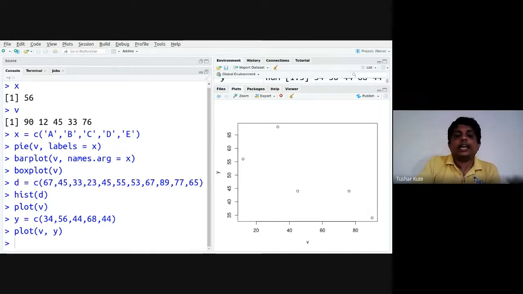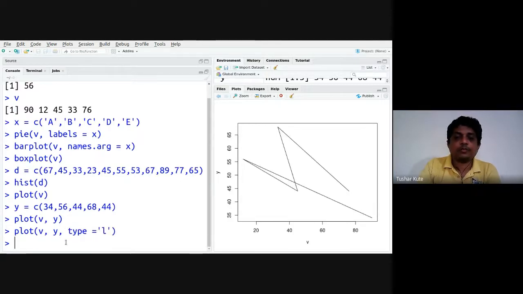But like that, I can use another kind of plot also. It's called the line plot. So line plot is like this. Just put type is equal to L, line plot that is visible. So in this way, the line plot can be created. You can just make use of line plot to visualize the data. The line will be plotted, and you can see.